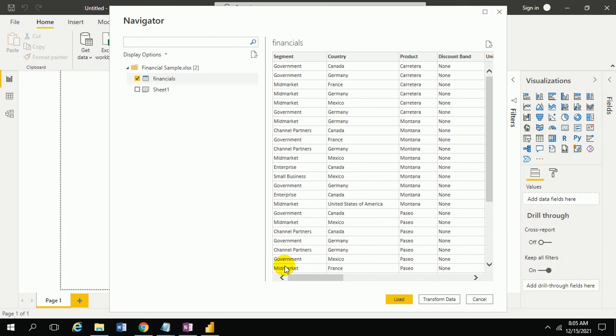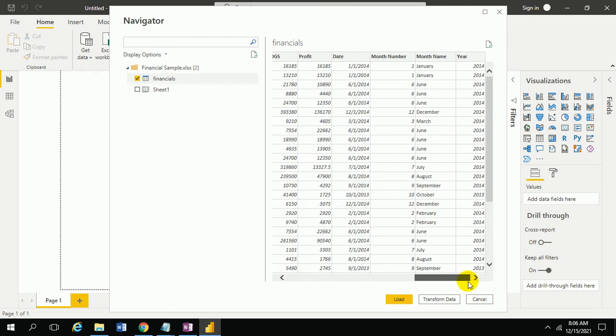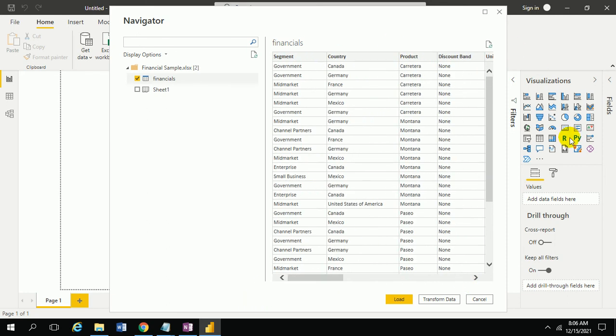In the last session, I did not cover what the difference is between Load and Transform Data. When you click on Load, the data you see here is automatically loaded as a data source without changing.